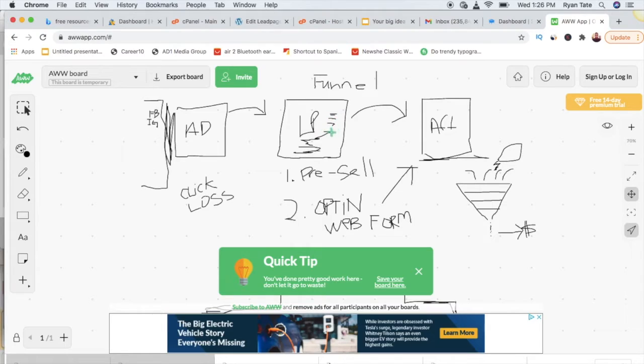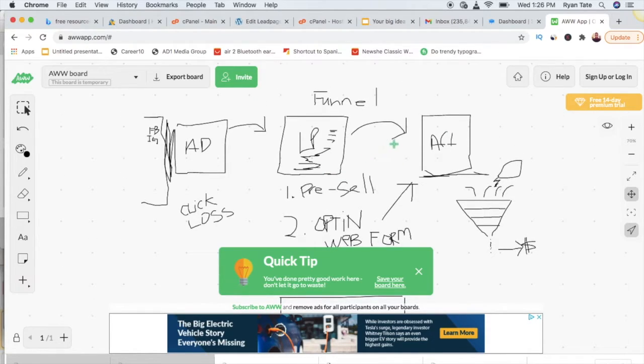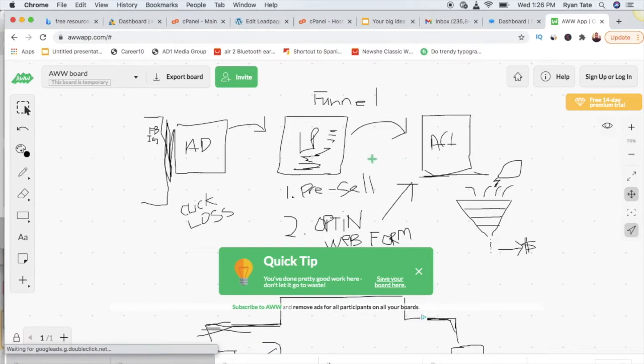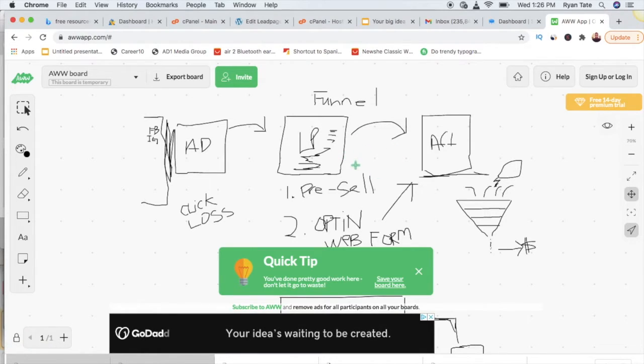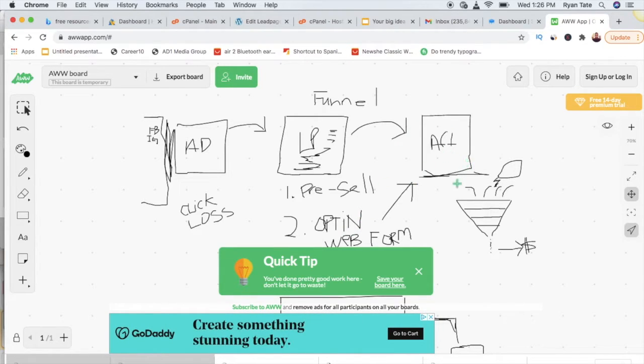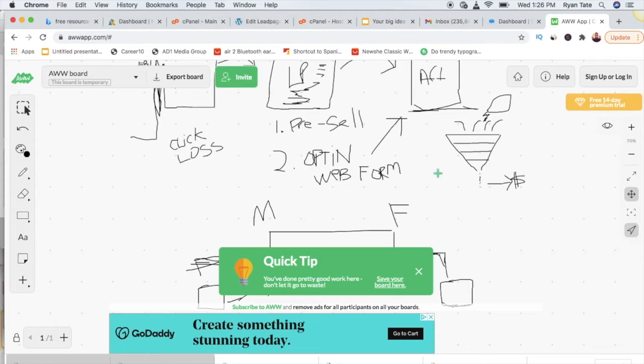You have a story here, but when they click on the link, instead of going to the affiliate offer directly, they open a pop-up box in between. I'll show you what I'm talking about in just a second. They open up a box where they collect this information first before they transfer people to the affiliate offer. Now, I recommend sending people to an opt-in or some type of web form. I think this is what's going to make you the most amount of money.